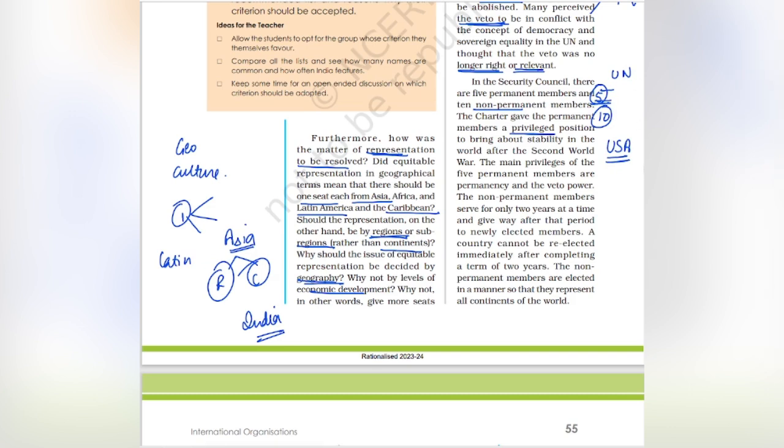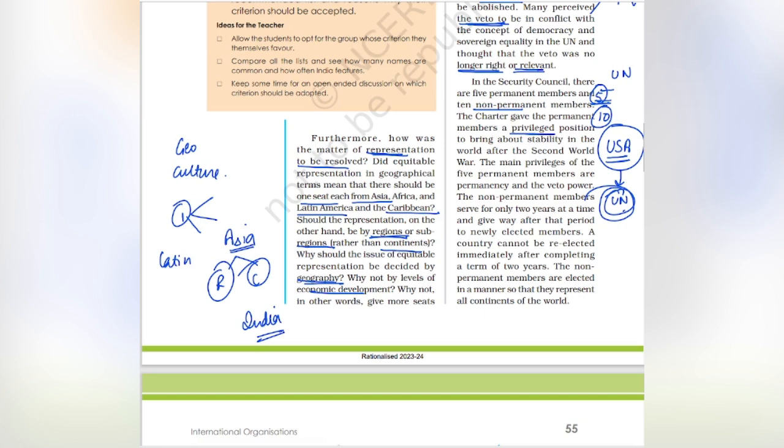Does USA need any other country? They are self-sufficient. They can do anything on their own. They don't require any grouping or any alliance, right? The only reason they are a part of the UN is because of this veto power, because they see themselves as a dominant country, right? Now, if we are going to remove this provision of the veto power, then USA will back out. Why would USA invest so much in the United Nations when it will be of no use to USA itself, right? After the backout of USA from the United Nations, this entire organization would collapse because